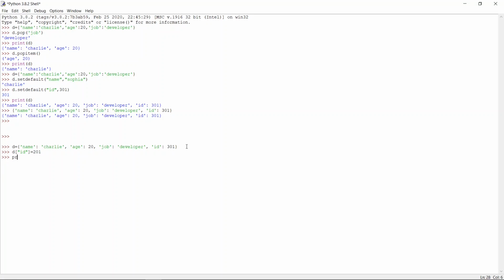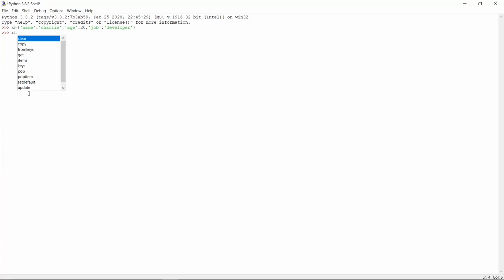Just enter, just print now. Here you can see whatever element we add last, it will take. So the earlier value is removed. Okay, the dictionary cannot collect any duplicate keys. So let's go to the next exercise.